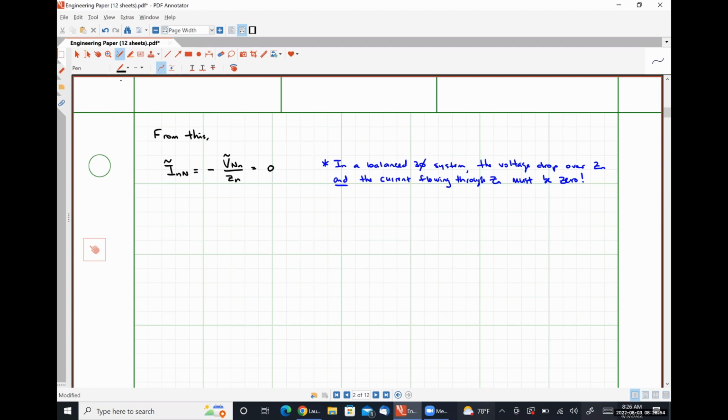We can observe that our line current, IAA, which is defined to be VAN minus VNN over ZWA plus ZYA in its most formal sense. Well, for a balanced three-phase system, this is just going to look like VAN over ZW plus ZY. Our line current IBB